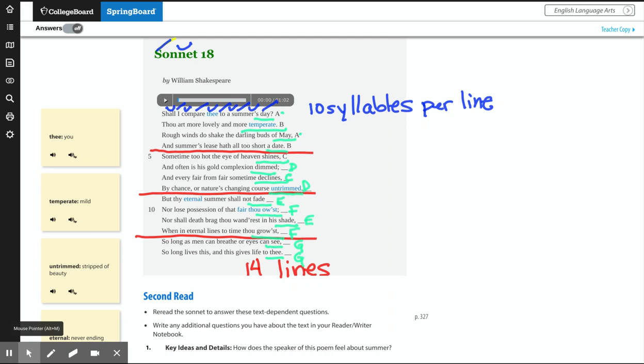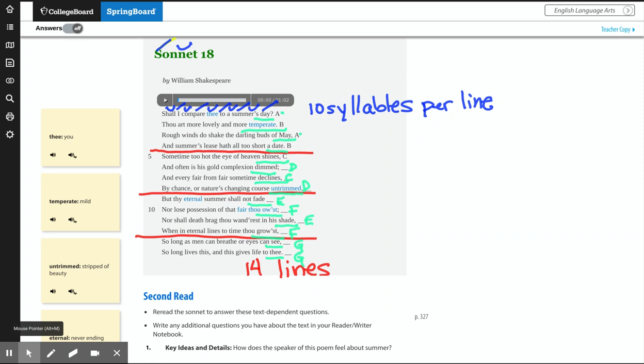Shall I compare thee to a summer's day? Thou art more lovely and more temperate. Rough winds do shake the darling buds of May, and summer's lease hath all too short a date. So this writer, this speaker,